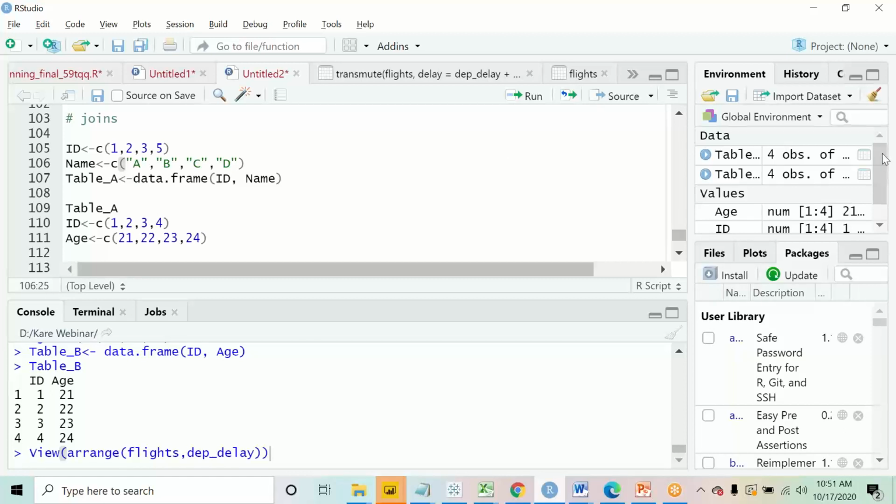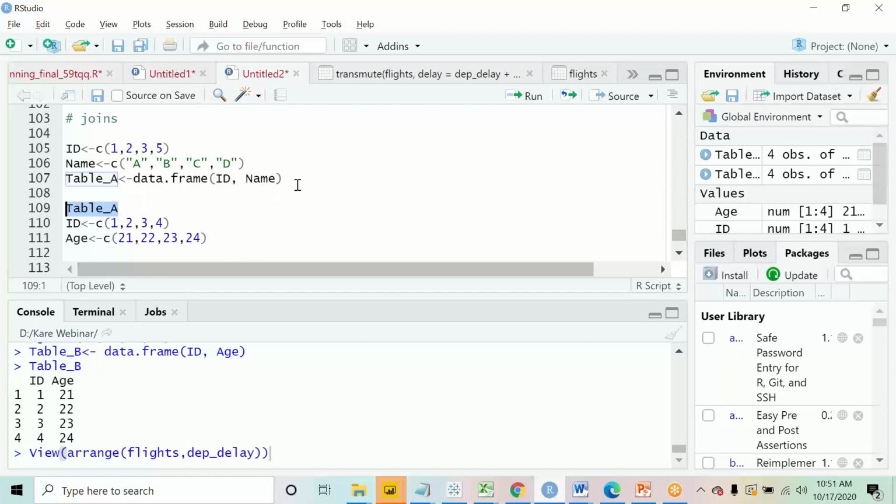So Diksha, let me see your problem. We have read ID, table A, data.frame. What is the error that you are getting? Okay, so you're saying you're not getting the output. For getting the output, you have to run this command, table A, and execute it.